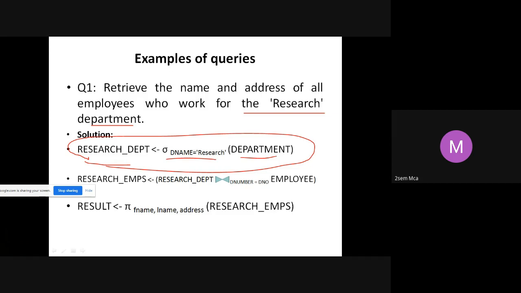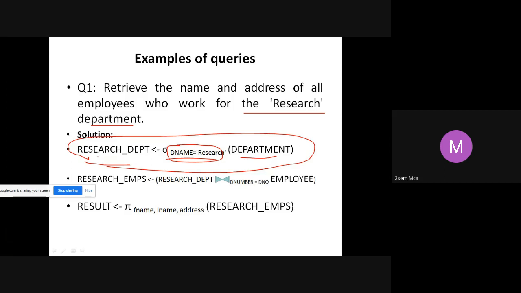So what will select do? It will do a horizontal partition of the table, meaning wherever this particular condition, D name is equal to research, is satisfied, those particular tuples will be displayed in the result.